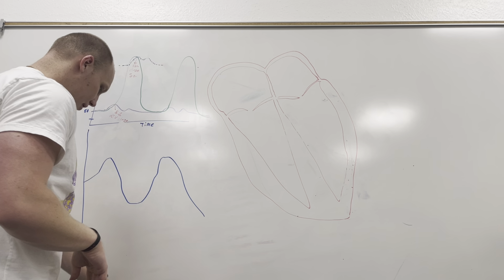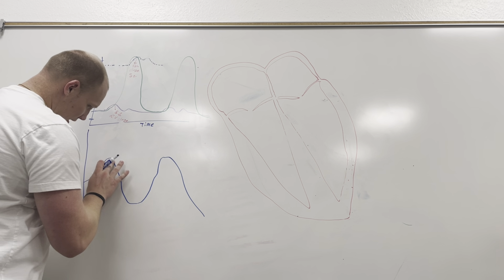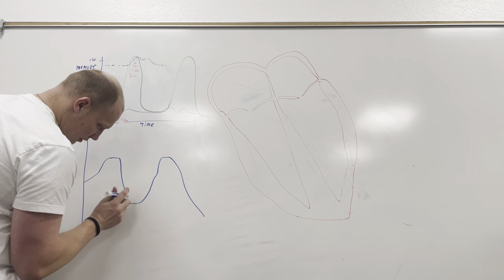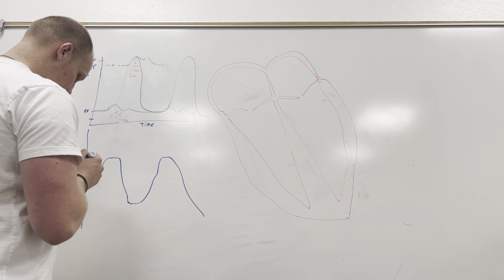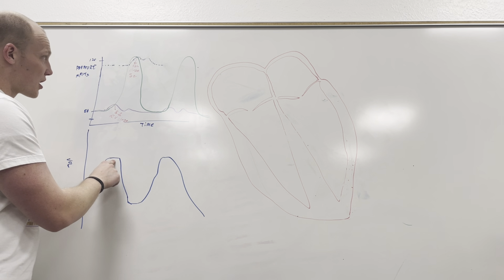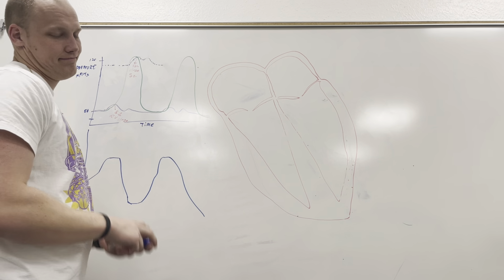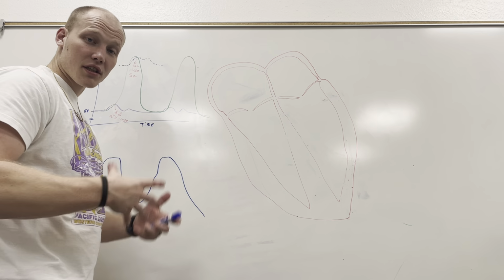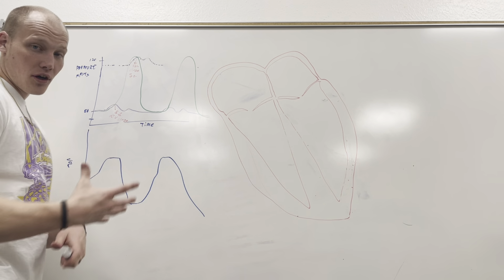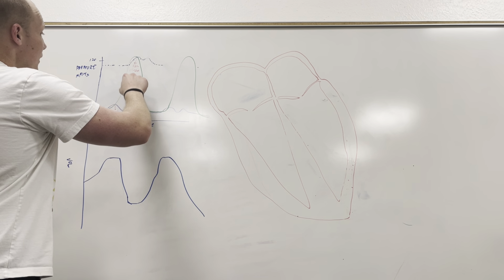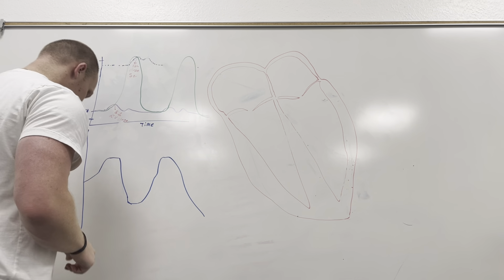And as we can see right here, we have no volumetric change for a little bit. This is the isovolumic contraction. We're not adding volume to the ventricle, we're not taking away volume from the ventricle,